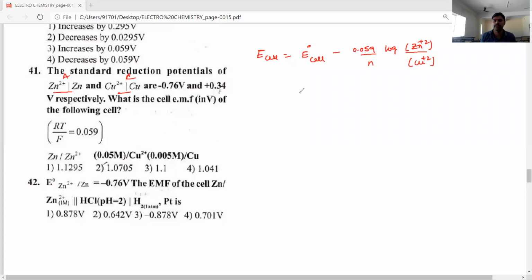This is the formula. Now the E0 cell is equal to E0 of cathode minus E0 of anode, minus 0.059 by N, value is 2, into log of concentration of Zn plus 2. Zn plus 2 is 0.0